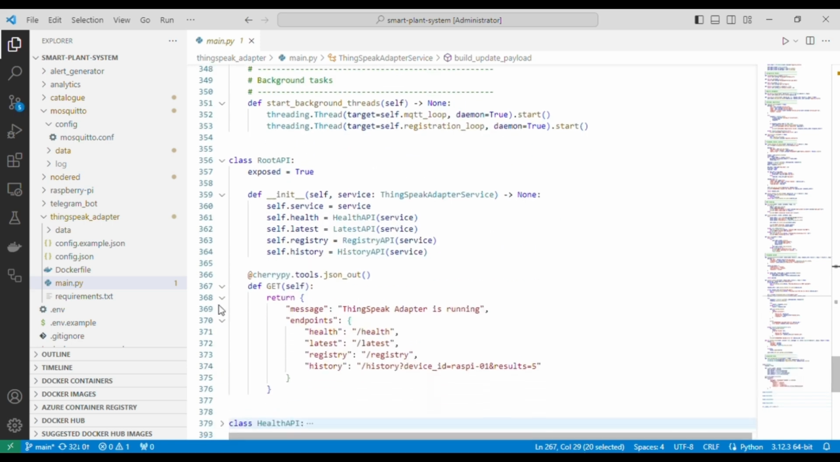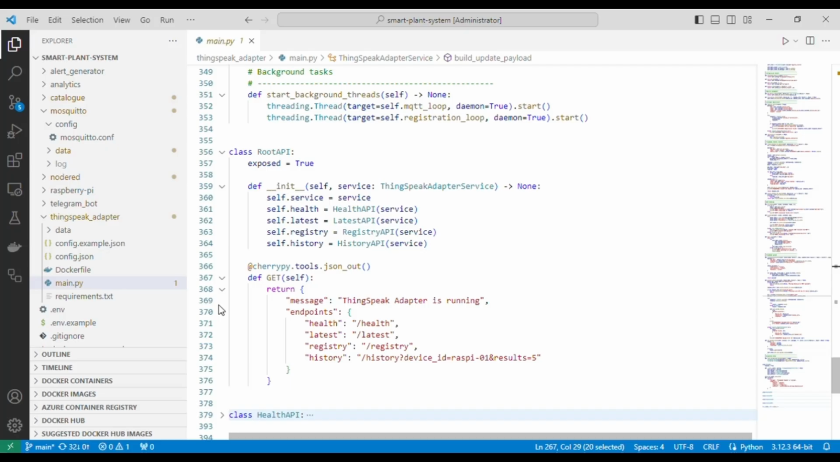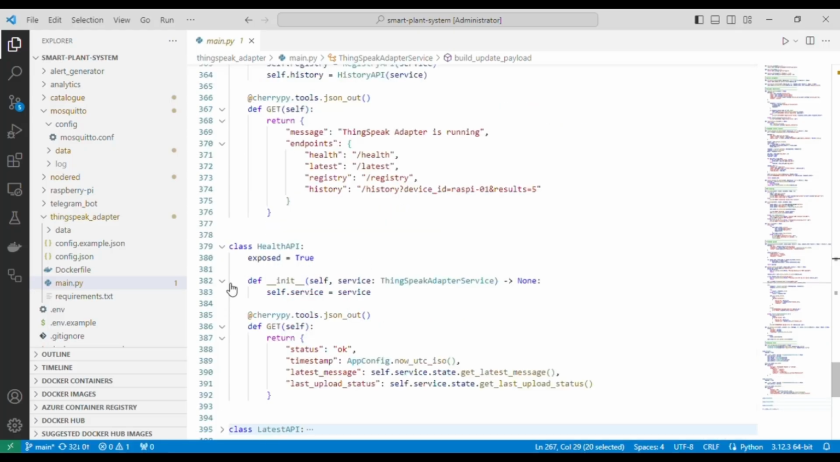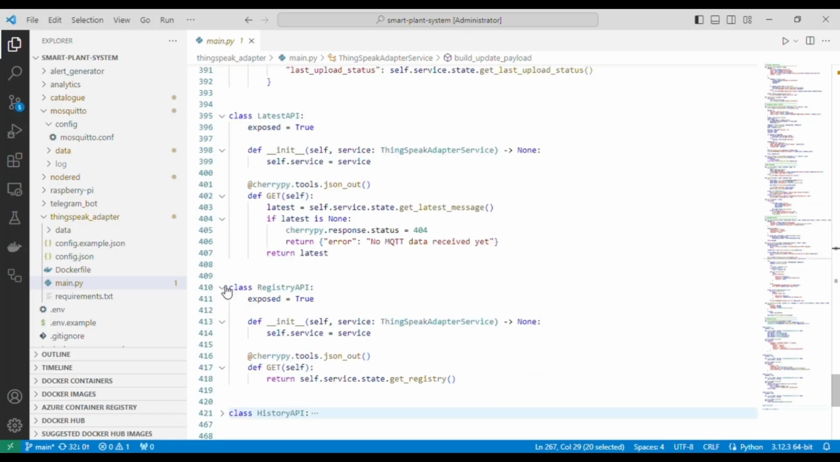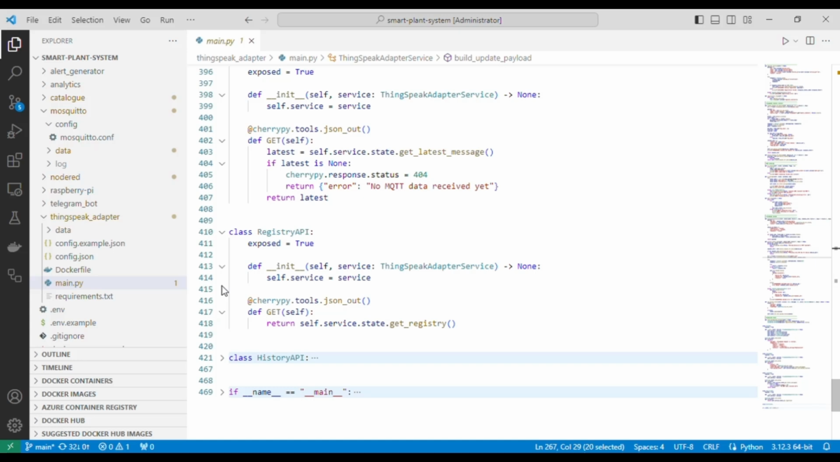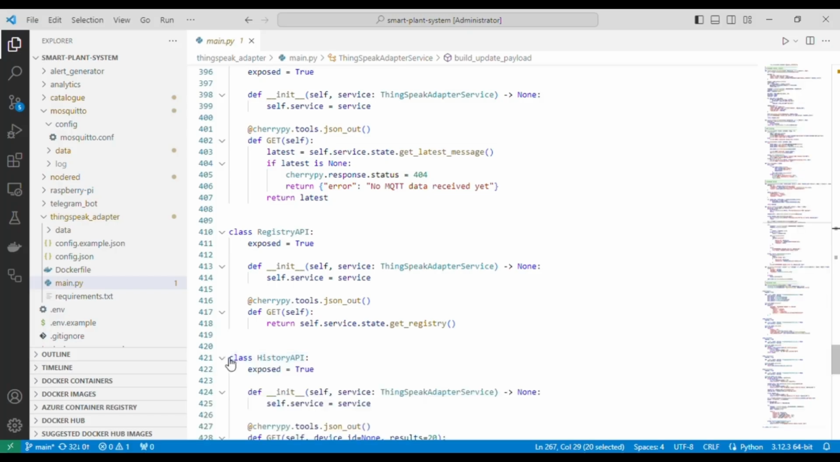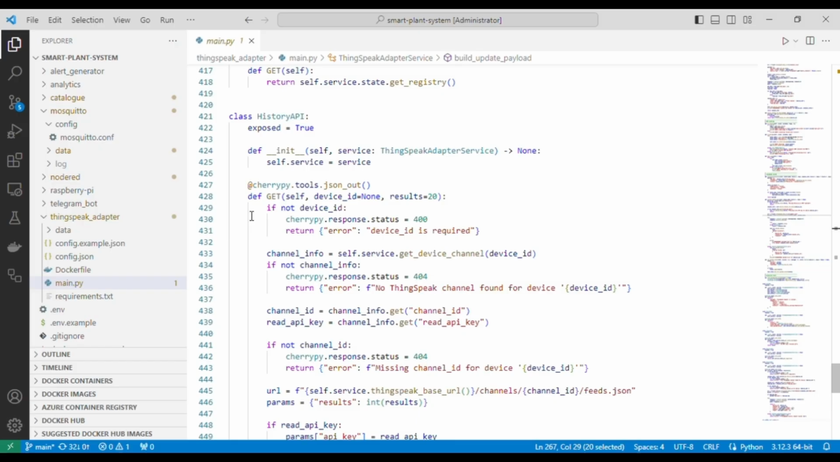In addition to background MQTT processing, this microservice exposes its own embedded HTTP REST API powered by CherryPy. The Health API exposes real-time diagnostic telemetry, returning the latest received MQTT message, payload, and the last cloud upload status timestamp. The Registry API returns the current mapping of device IDs to their corresponding ThingSpeak channel IDs and API keys. The History API acts as a proxy to fetch historical cloud feeds directly from the ThingSpeak REST API for a requested device ID